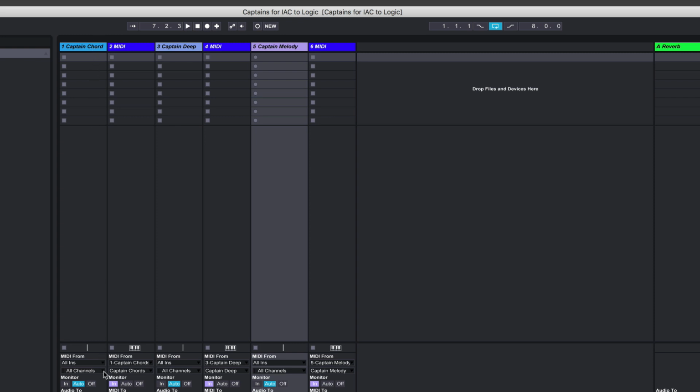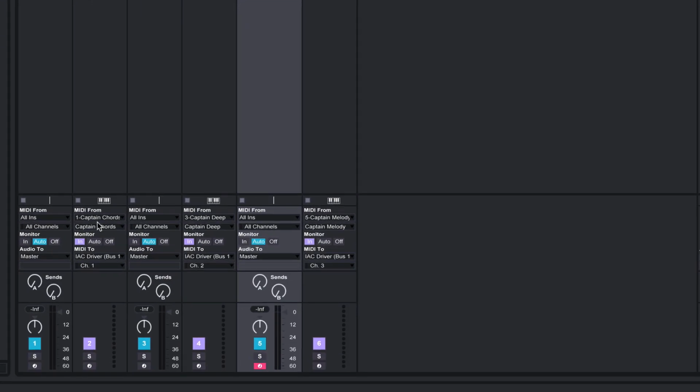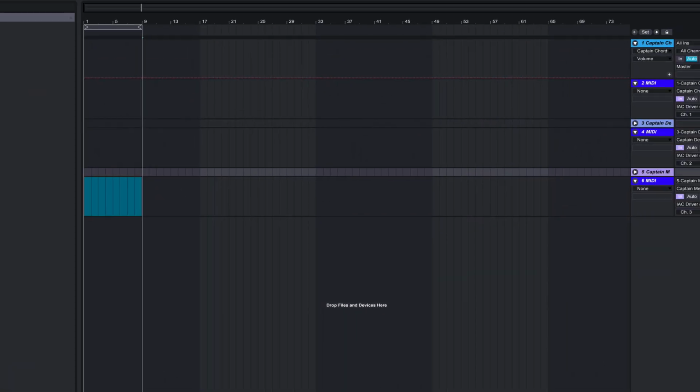We've got Captain Chords on the first track, and then a MIDI from Captain Chords down here set to send to the Mac's IAC driver, channel 1, Captain Deep, IAC driver, channel 2, Captain Melody, IAC driver, channel 3. And then I've got the 8-bar loop going. So if I start this,